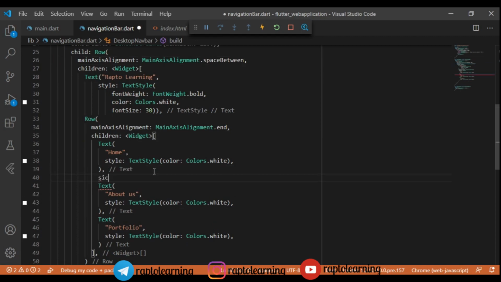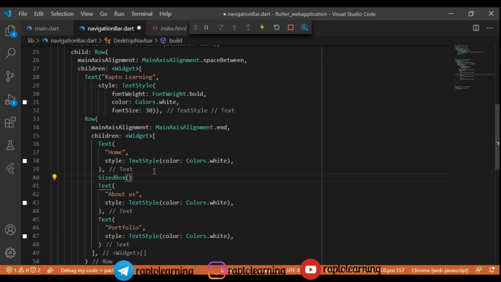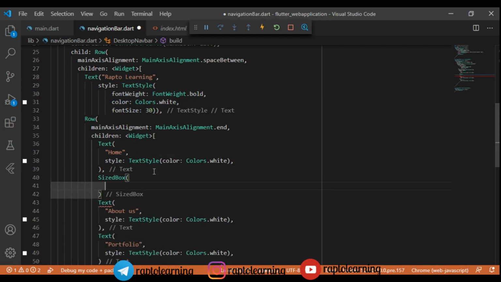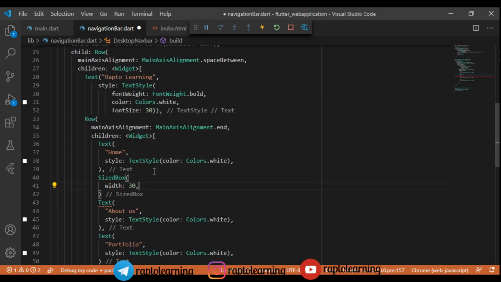But now we also have to add some padding to this home, about us, and portfolio, right? So we'll just add a size box to it, and we will add how much space we require between them, that is, we will add width, and we will just write 10 will be fine, right? No, I think that 30 will be sufficient, 30 size box.